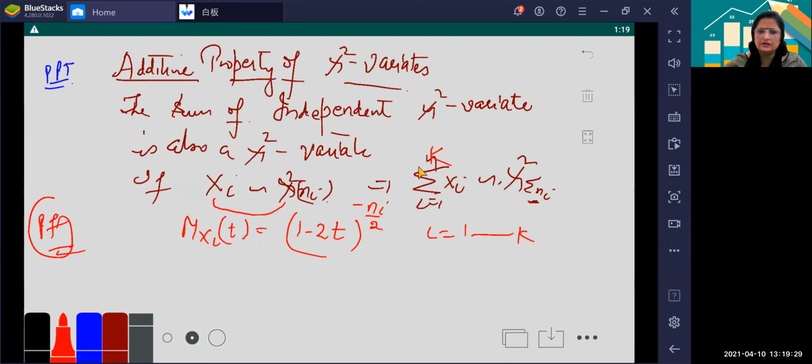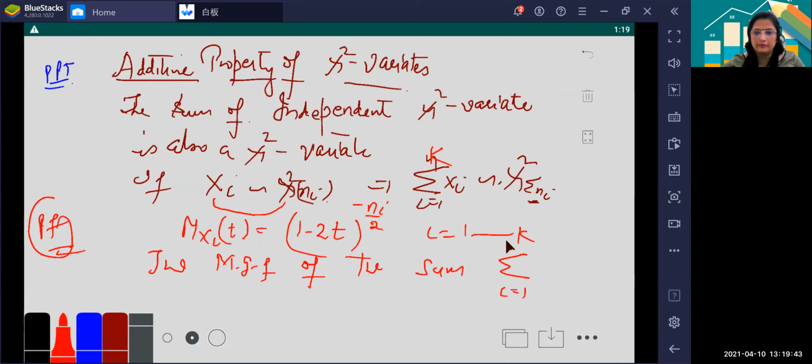They have taken k, so we will take k as it is, i running from 1 to k. Now the mgf of the sum, summation i running from 1 to k xi, is given by,